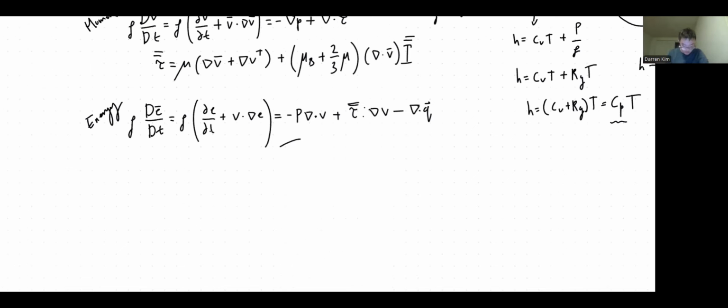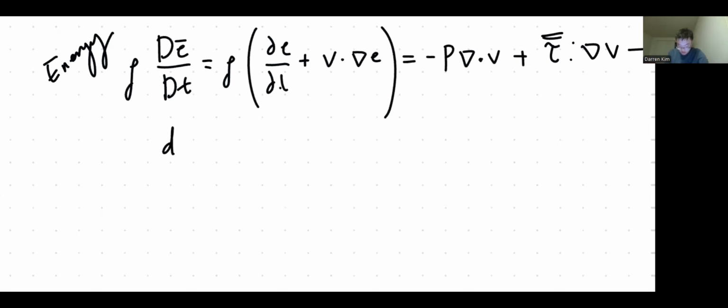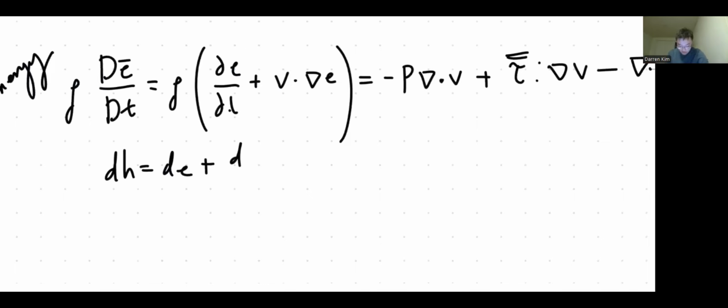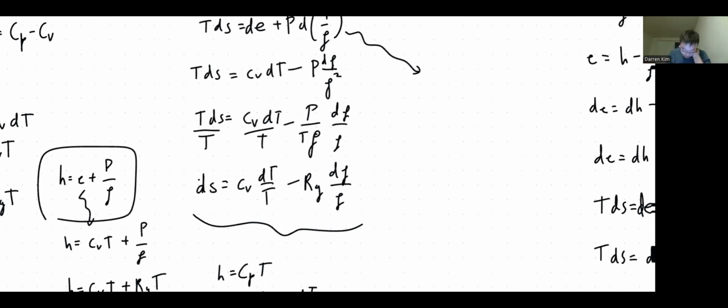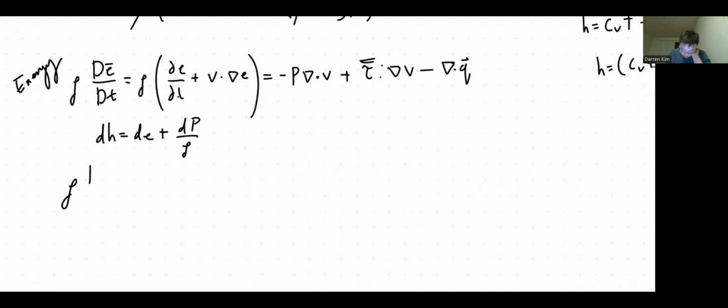Once I was able to set myself up over here to get this, and anyways, over here we'll use the idea of dh equals de plus d, I believe it was, a differential of that, right? I think it was dp over rho. I did this because I'm assuming density is constant here. In usual other cases, you have to do this form over here to get into a certain format. Yes, you have to do this most of the time. But since we're going to say density is constant for now, we can say dE equals dP over rho, and